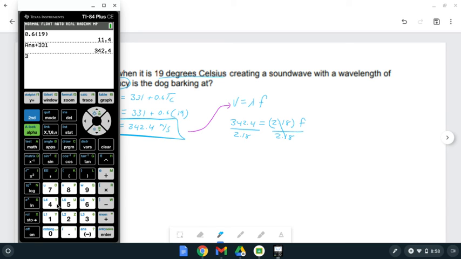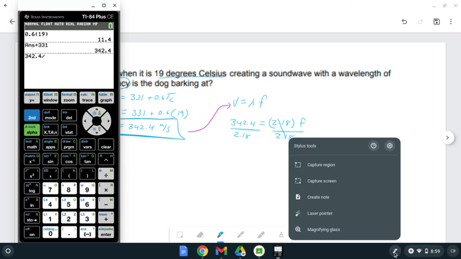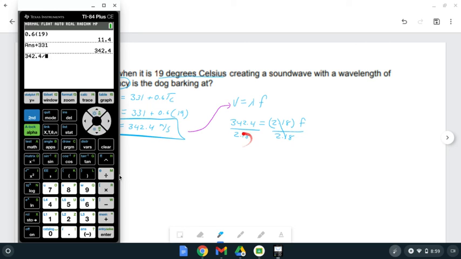Ooh, too many. It was not clicking. 342.4 divided by, right over here, my 2.18. As you can see, I could have literally just pulled this number down, but I just typed it instead. It works the same. 2.18. And that will solve for